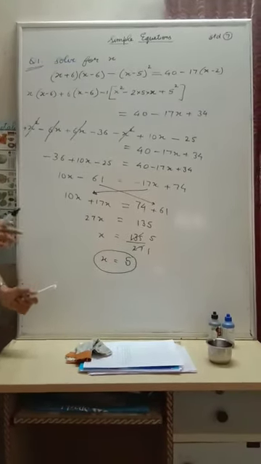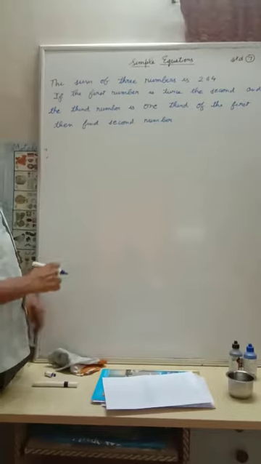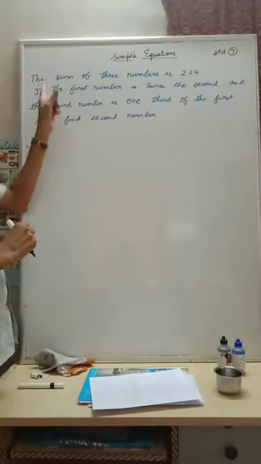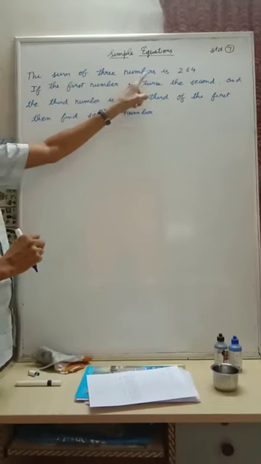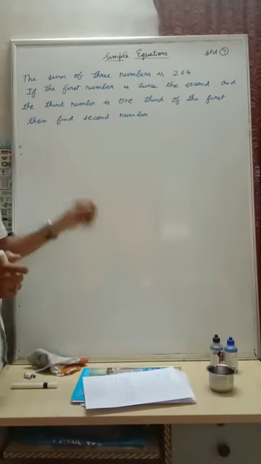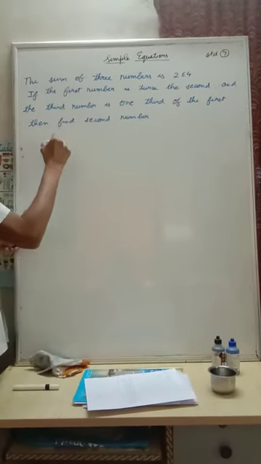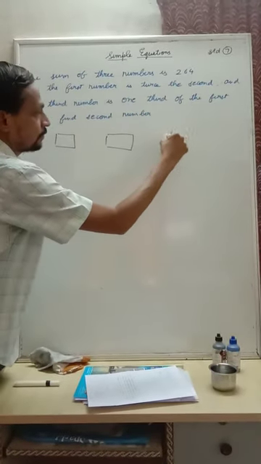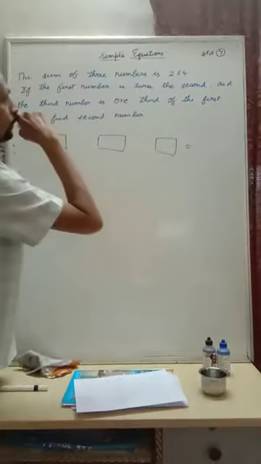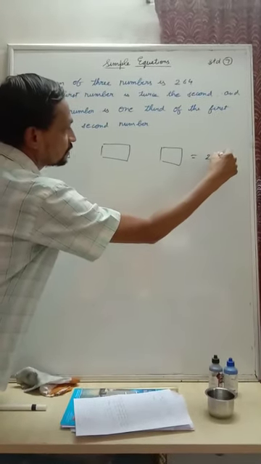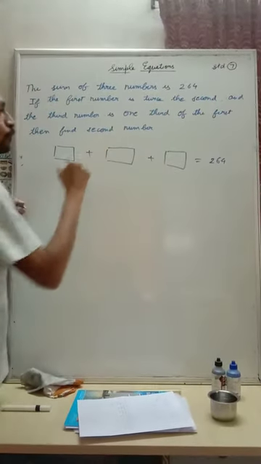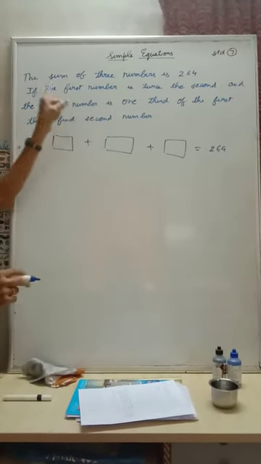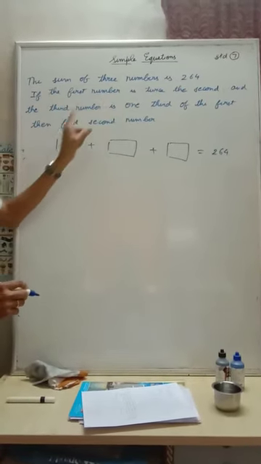Okay, friends, this is the second example for you. Just read the example. The sum of three numbers is 264. We have three numbers. See, these are the three numbers, and their sum is given to be 264. So this is how it goes. I'll make it simple. Sum of three numbers is 264. The first number, this one,